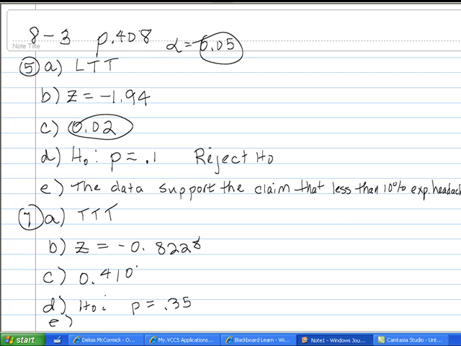And again, our alpha is 0.05, so we see that the p-value is greater than alpha, so we fail to reject the null hypothesis. That's actually part of D. Let me move E up here. Alright, so for E, we want to say the data support the claim